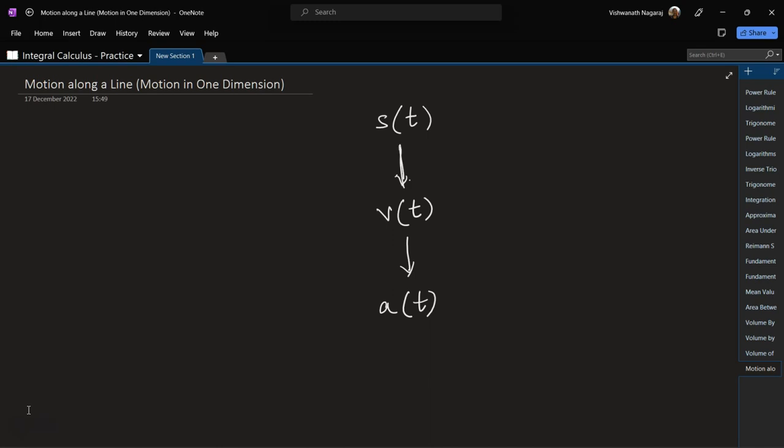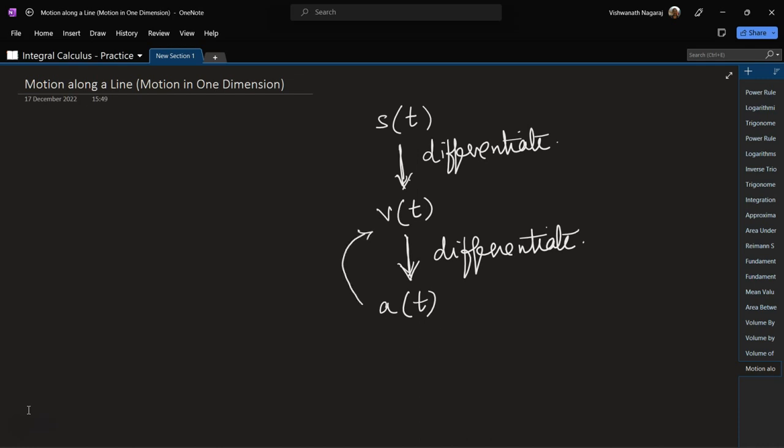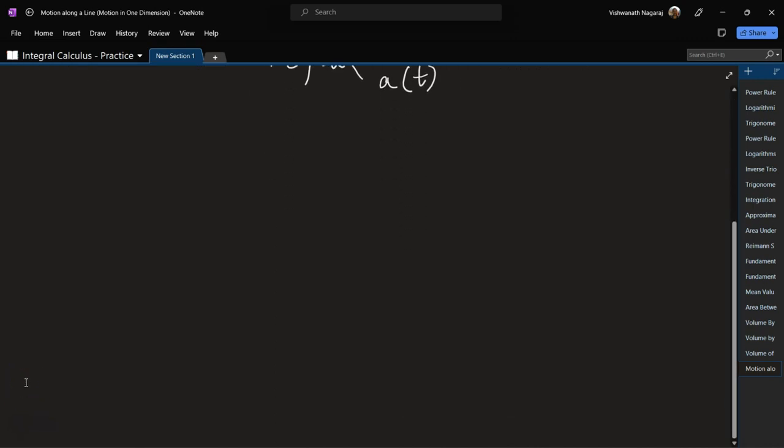if we have to relate these three, then if we go from displacement to velocity, what we have to do is differentiate, right? Similarly, to go from velocity to acceleration, we have to differentiate again. But given the acceleration, to figure out the velocity, we have to integrate. And again, from velocity, if we have to go back to displacement, we have to integrate again. Okay. So keeping this in mind, and since this is a session on integration, we will start with either